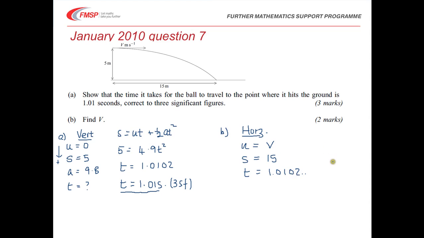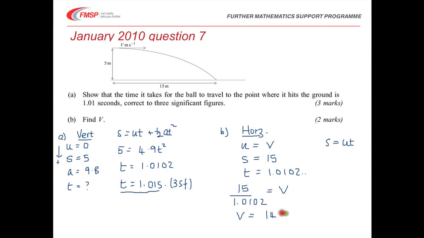And so we're using s equals ut. We don't have any acceleration. Acceleration, remember, horizontally is 0, so a half at squared is just going to be 0. So we end up with 15 divided by t, which is 1.0102, and that is going to be the velocity. And if you work that out, that turns out to be